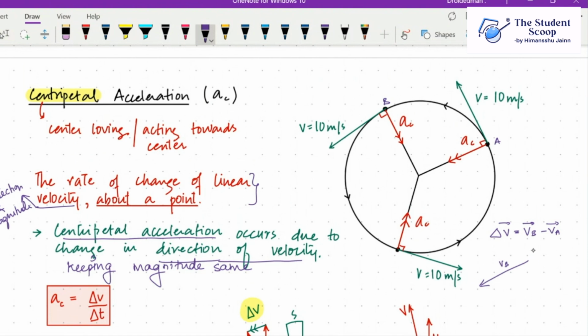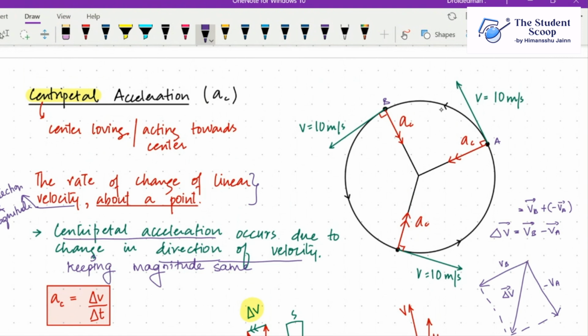Now A is negative, so we can write this as VB plus minus VA. Minus VA from this point will be exactly in the opposite direction of VA. And then if I take the resultant of it,